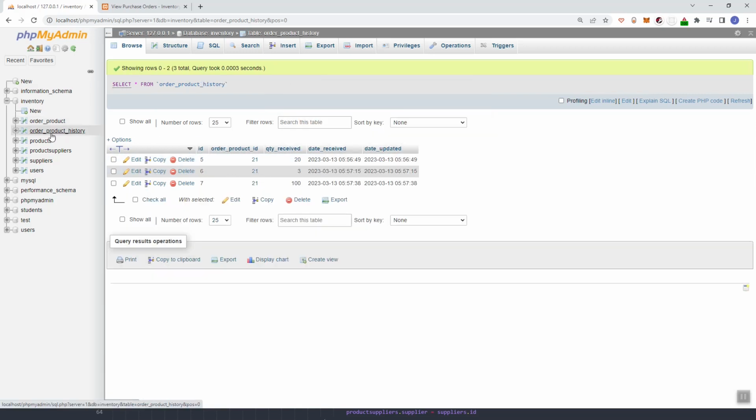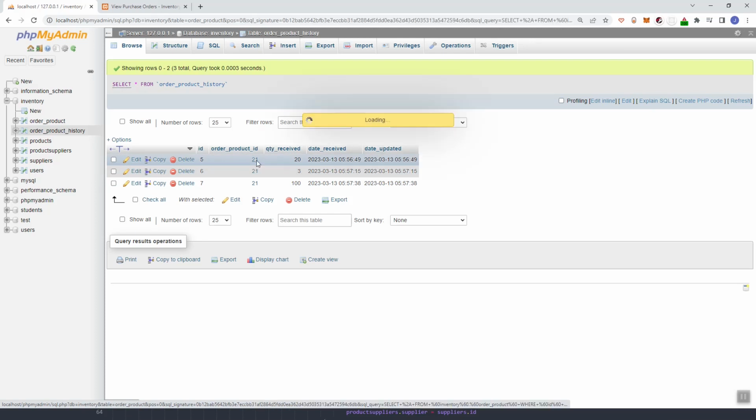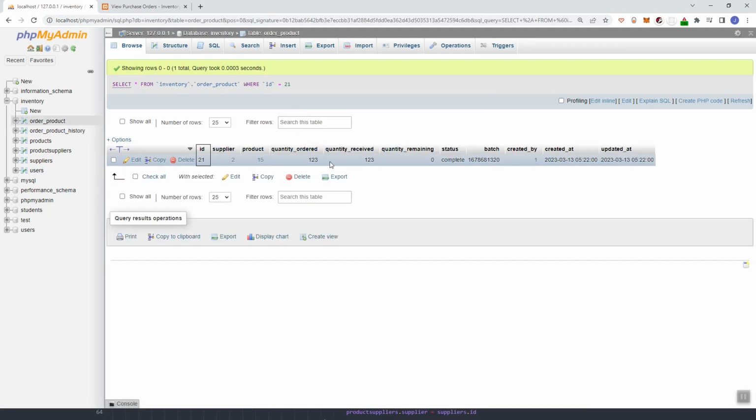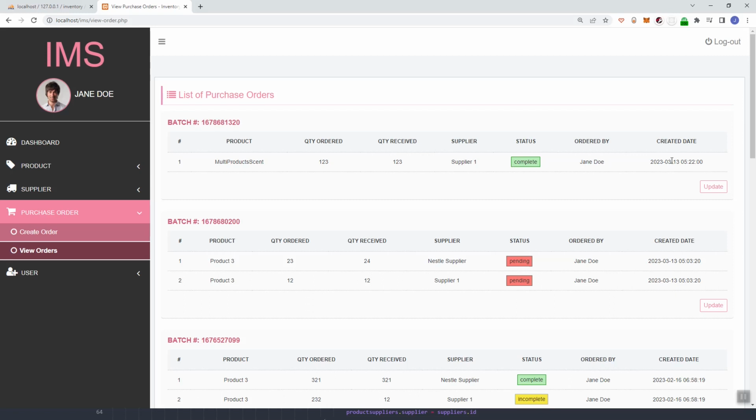So we have the row order product ID, which refers to the ID of this product. So edit date,